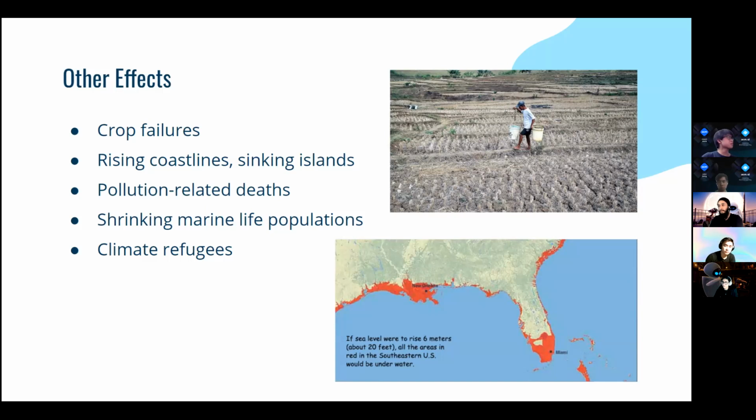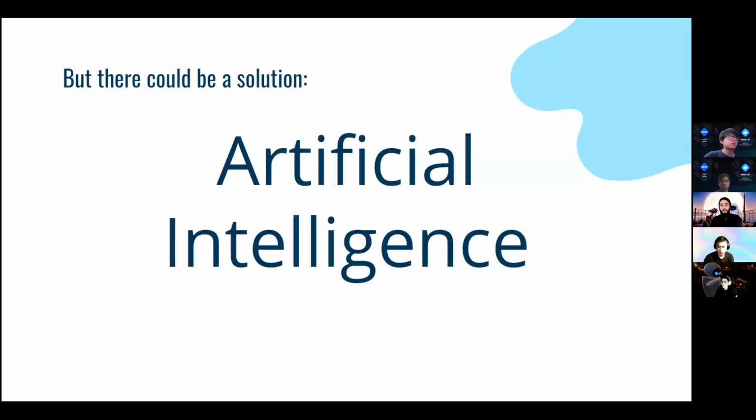Pollution-related deaths, shrinking marine life populations, and also there will be a lot of climate refugees, which are pretty much people who are displaced by climate issues and forced to go somewhere else. But issues with refugees can be extremely difficult, as sometimes there's nowhere for them to go or no one will accept them. And there could be a solution to this, and that